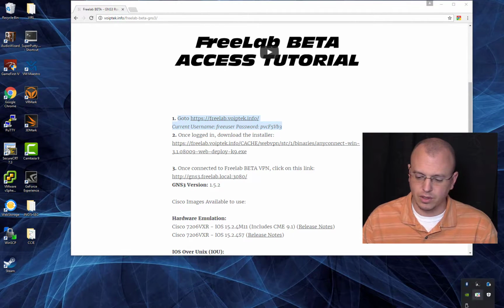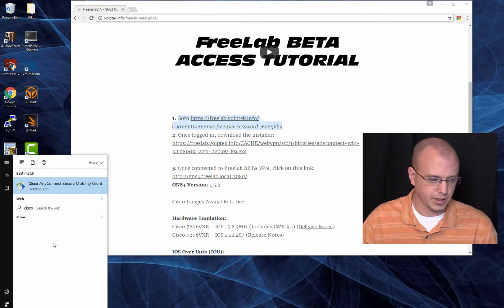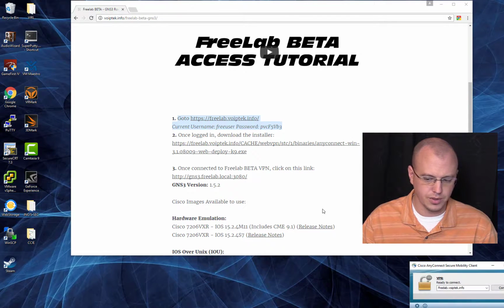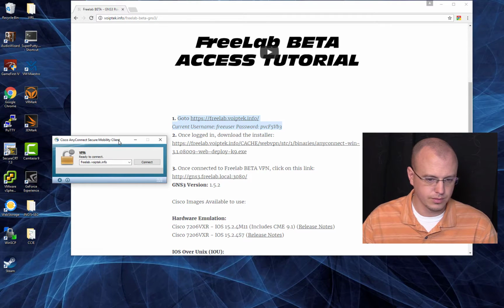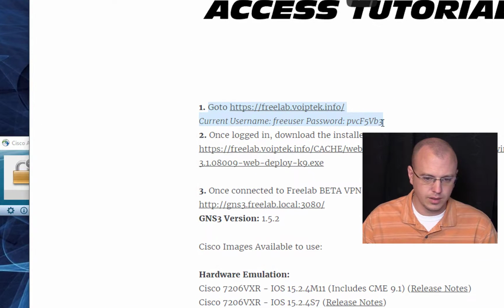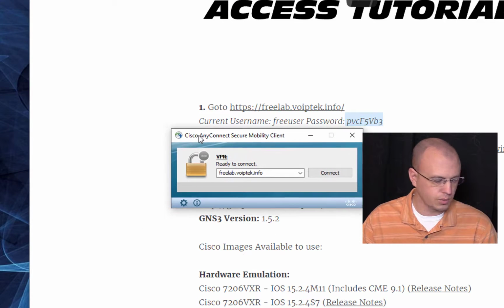So in this case, since I already have Cisco AnyConnect installed, I'll just go ahead and load this up, and just copy the password here. And so when you log in,